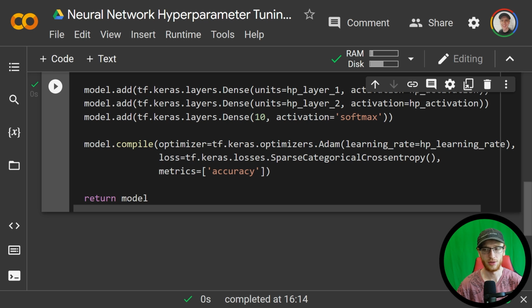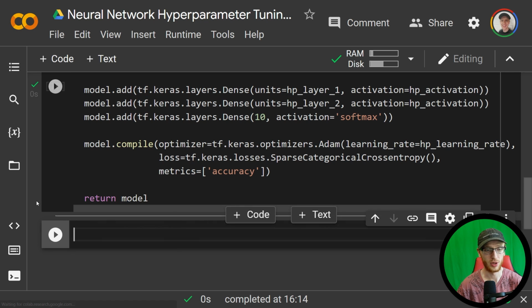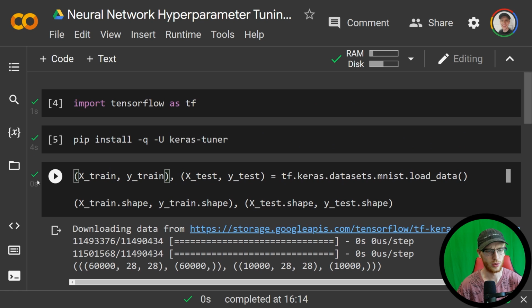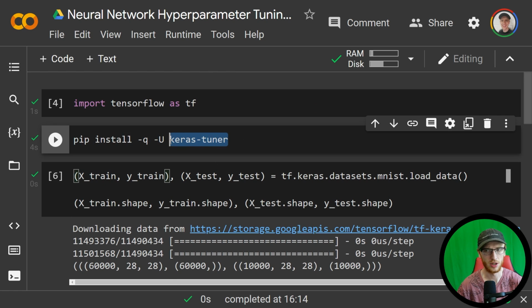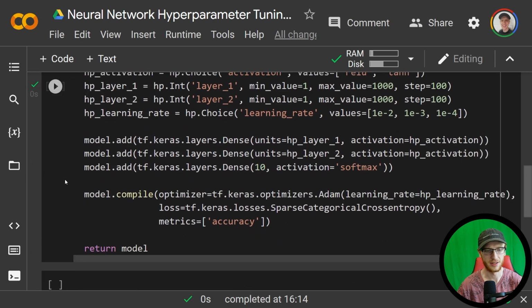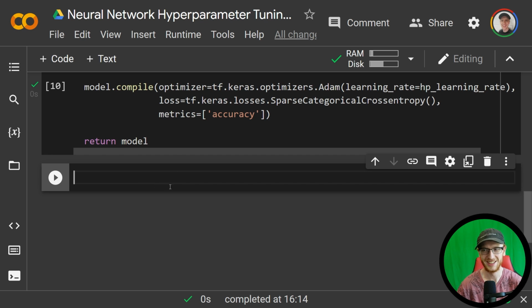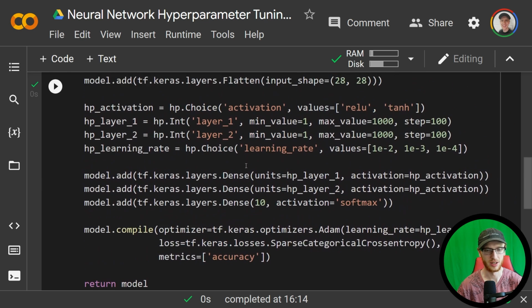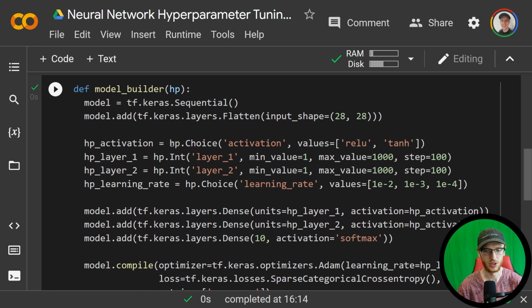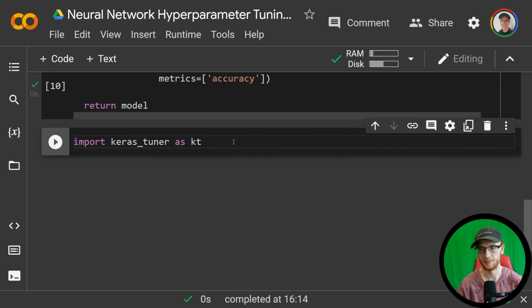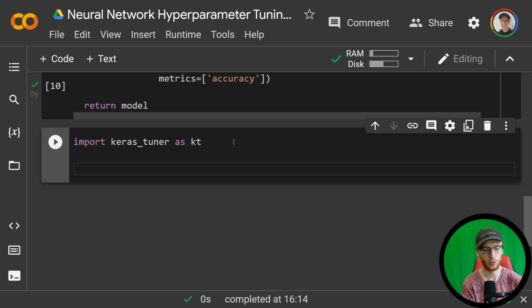Now, this is the other thing that we really haven't seen before. We haven't used it yet. Up here, you saw that we defined this kerastuner thing, and we have to import this. So we do import kerastuner as KT. And this is where we can actually force it to use this function here for building a model down below. After we import this, we can make a variable called tuner, which is equal to a